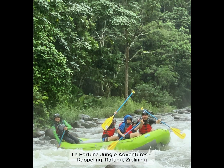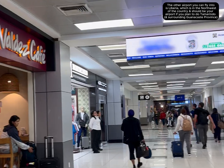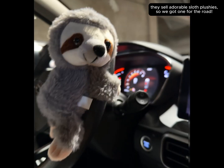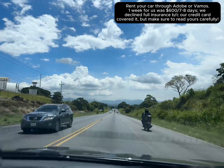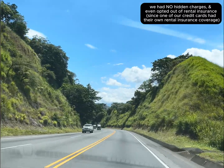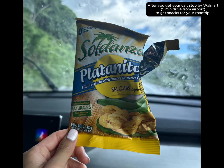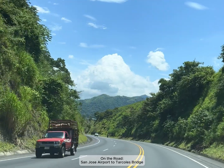So we start our day flying into the San Jose airport, which is one of 2 airports that you can fly into for Costa Rica. We picked up our rental car, which we booked through Adobe, and we recommend either Adobe or Vamos. We read a lot on Reddit saying that even the big companies do a lot of hidden charges. So I would stick with one of these 2 companies, even though it is a little bit more expensive,